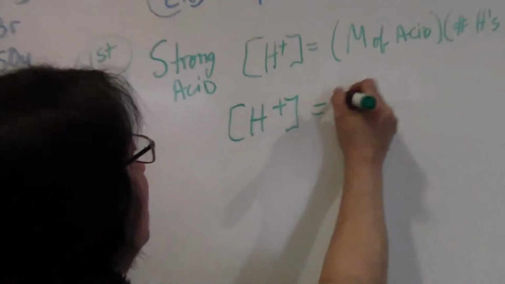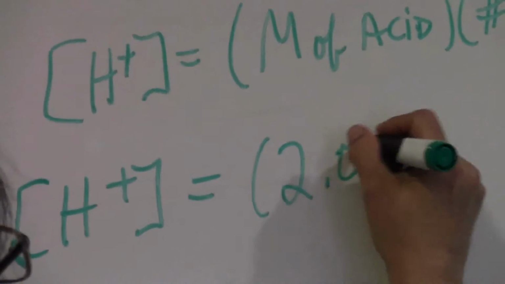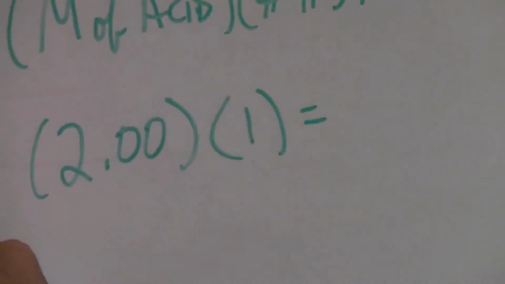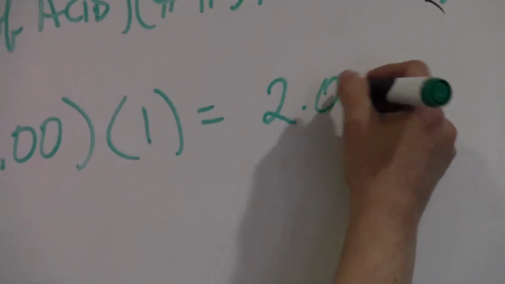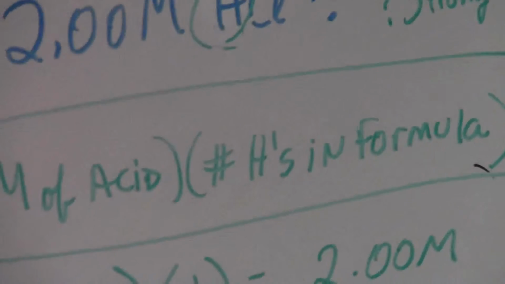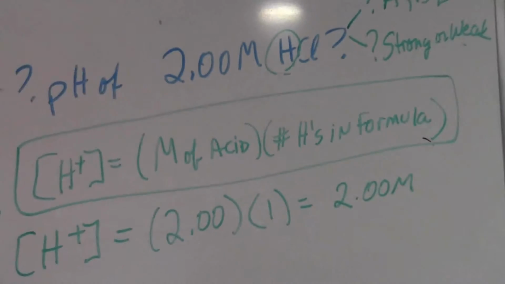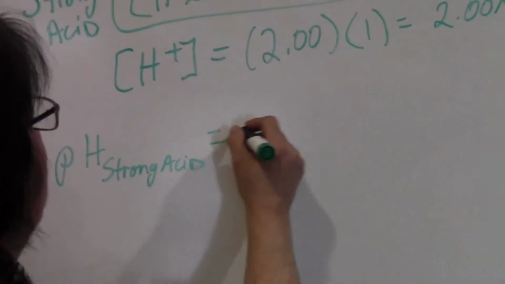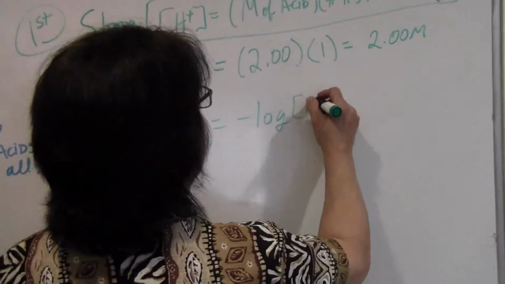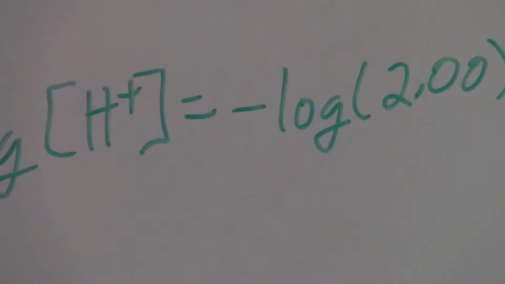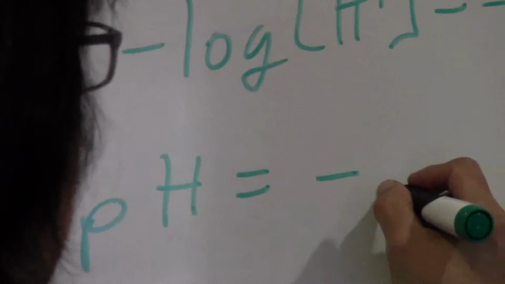So the hydrogen ion concentration is our molarity times the number of hydrogens in the formula, which is 1. So our molarity of hydrogen ions for this example is 2.00 M. That's a memorized formula for a strong acid. Now pH for a strong acid is going to simply be equal to minus the log of the hydrogen ion concentration, which is minus, for this example, minus log 2.00. So our pH here is minus